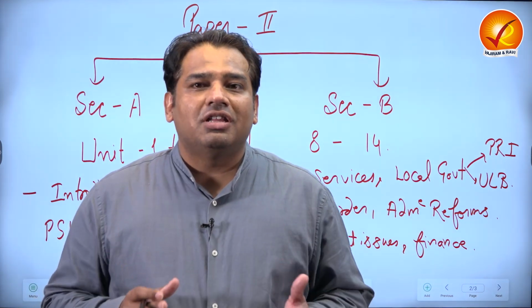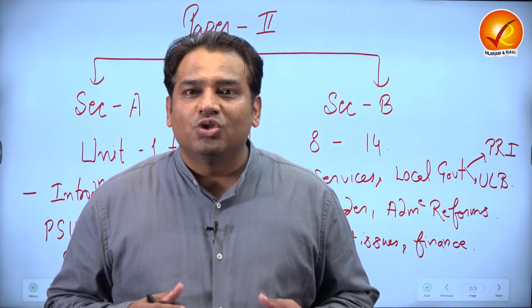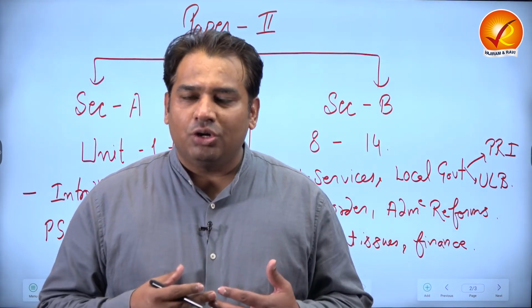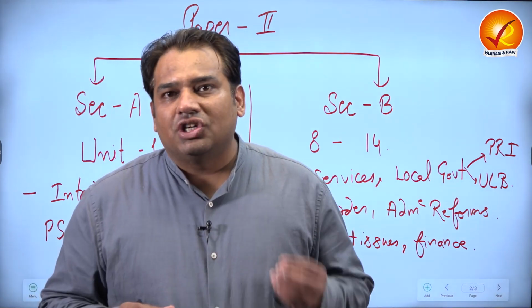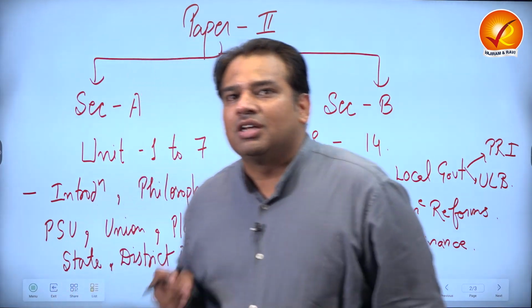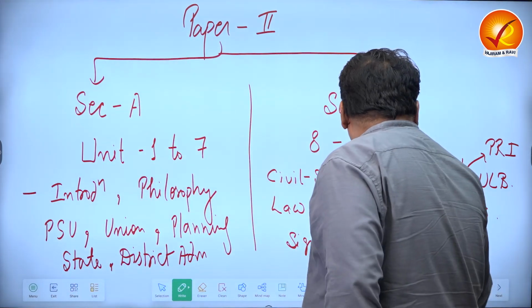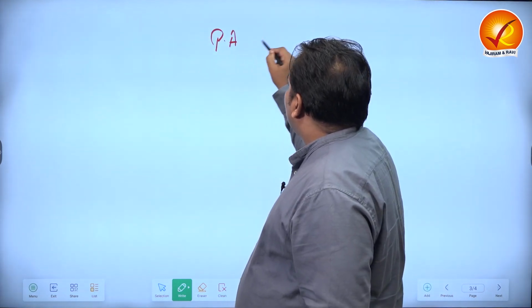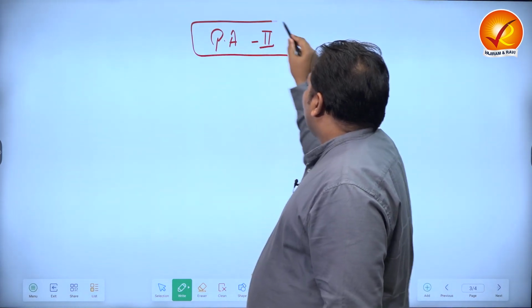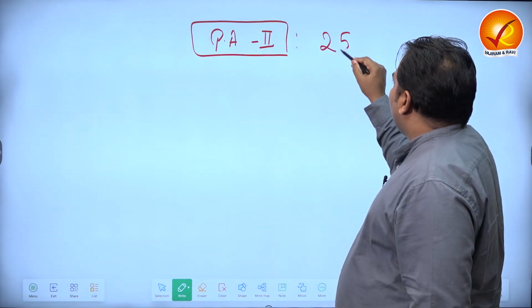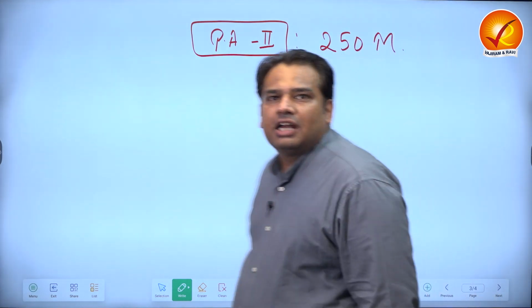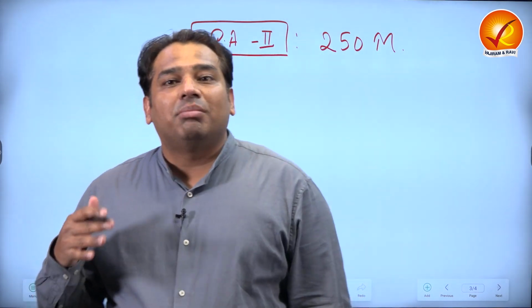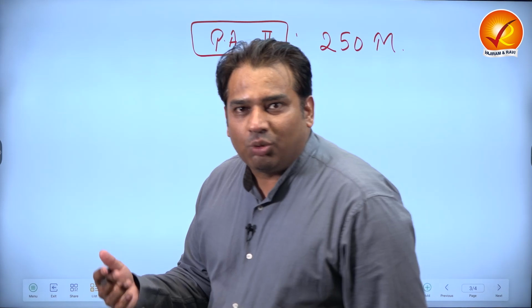Whatever you will study in the ARC, it will be directly useful for the syllabus of this optional subject. That means in paper 2, we are not studying it just for 250 marks. If I tell you in a more appropriate and logical way, this PubEd paper 2, whose weightage is just 250 marks like any other optional subject, has the maximum overlapping with the GS portions,